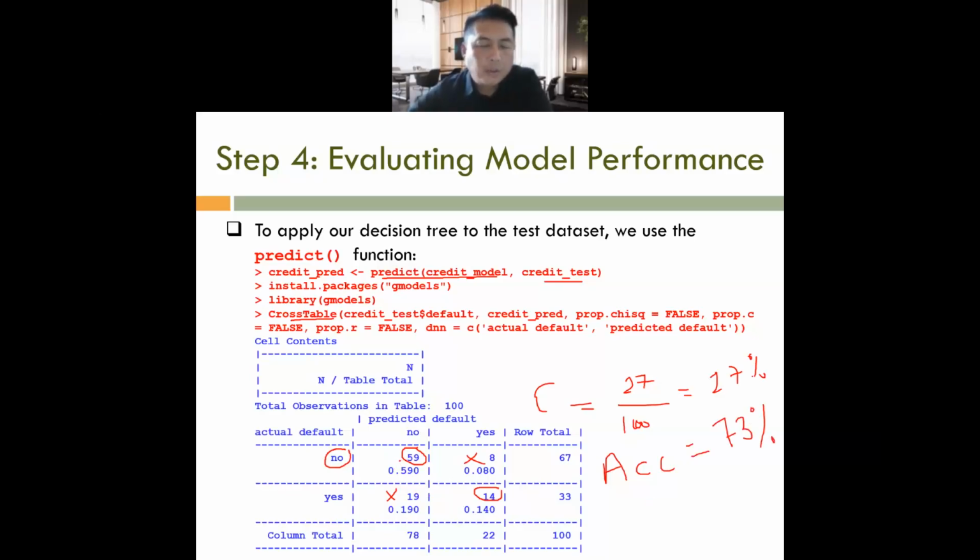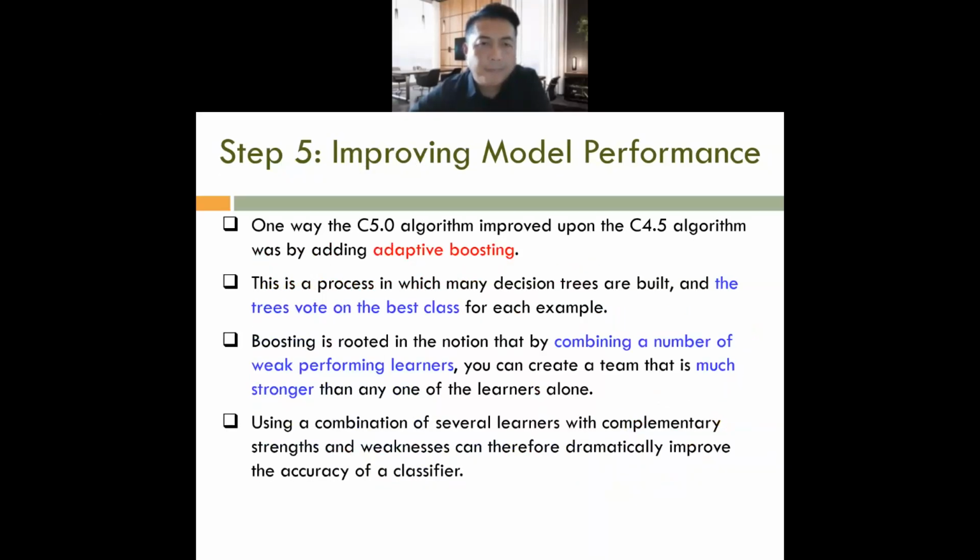Okay. So based on the confusion matrix, this is true positive, this is true negative, and this is false negative, this is false positive. Okay, so we do not want to count this one. This is error, so we get 27 out of 100. Okay, so how do we improve the